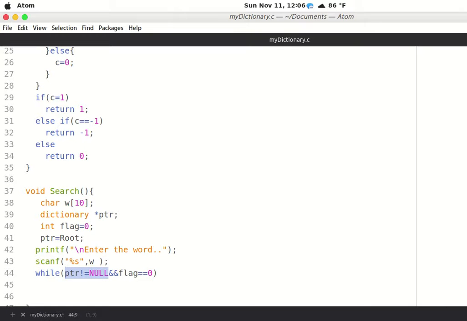So if the pointer becomes null, then you can pretty much assume that the pointer has searched the subtrees, and it hasn't got the desired data. And if flag becomes 1, you will know that the data exists. Okay,